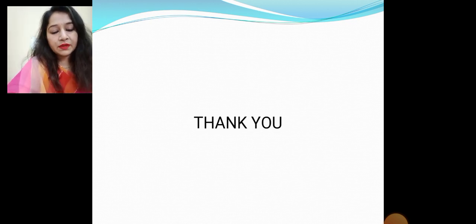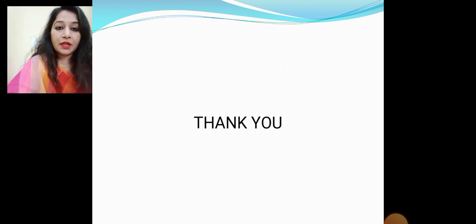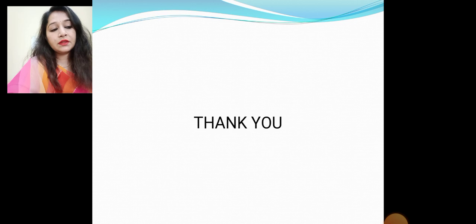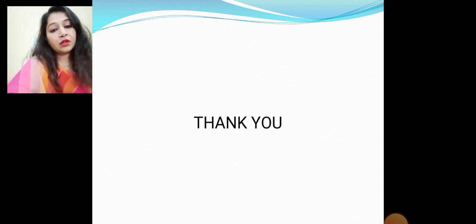So today we have discussed what we mean by comparative financial statement and what we mean by common size financial statement, and that each has two divisions. Comparative financial statement is divided into two parts, that is comparative balance sheet and comparative income statement. And on the other side, common size statement is divided into two parts, that is common size income statement and common size balance sheet. So this was a very important tool for the organization to compare.